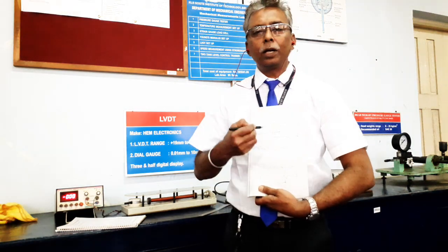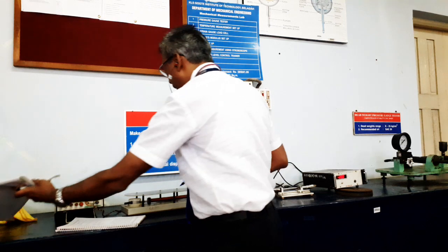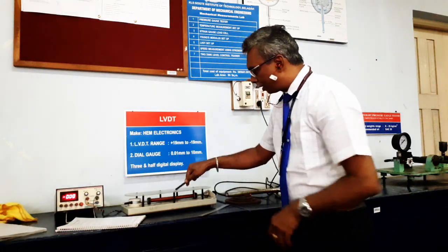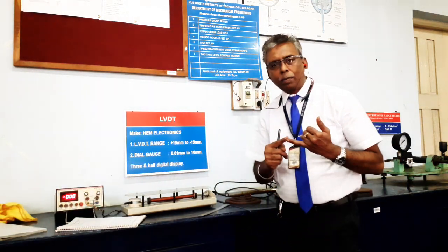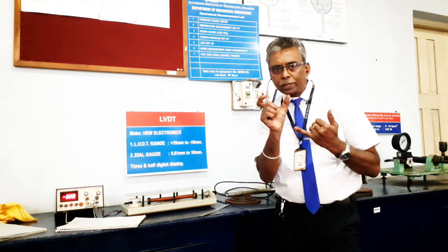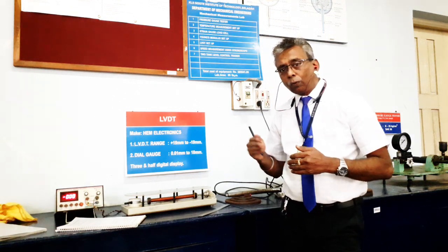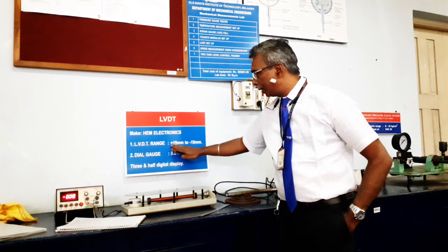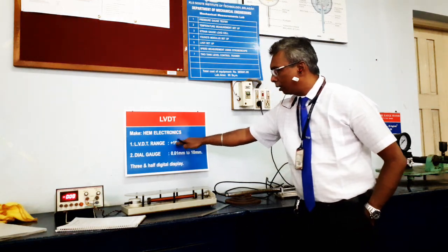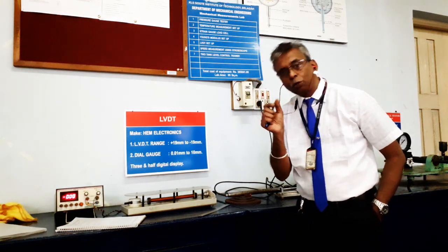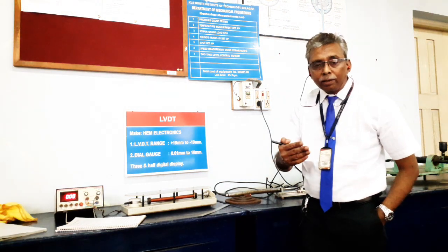This is what we mean by differential connection. Never mind, we need to calibrate the given LVDT. Let me come back: LVDT is a precise displacement measuring device. Now, when I say LVDT has the capability to measure from 0.19 mm, in the sense it can go up to 0.01 mm, we need to calibrate it with an instrument.